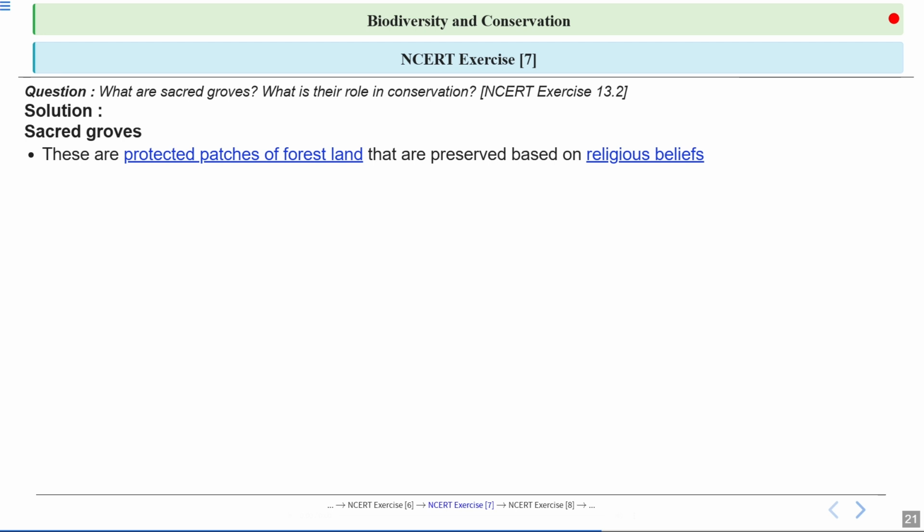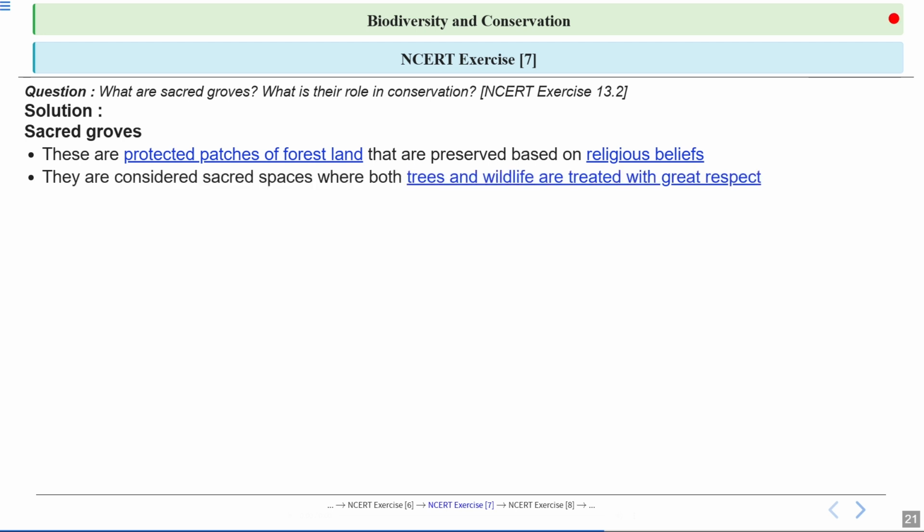Okay. So you can say tribal people basically worship the plants and the biodiversity present in these areas. Now they are considered sacred spaces for both trees and wildlife. Here in sacred groves, both trees and wildlife are treated with great respect. Clear? So the practice of protecting sacred groves is a form of traditional community-based conservation found across many cultures globally,